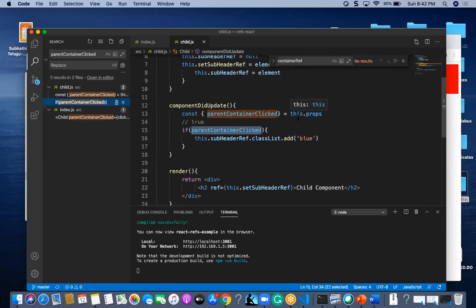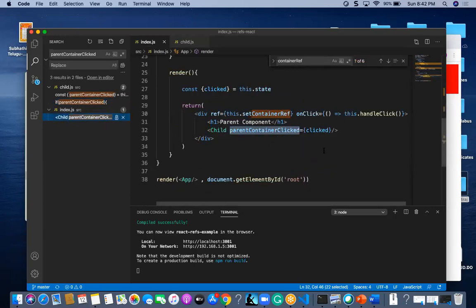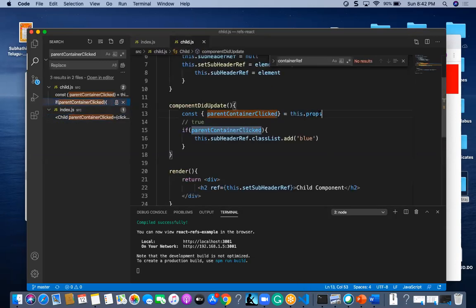So whatever properties we are going to pass for this child, this is a key, this is a property. Whatever property I pass for this child will be received here in this dot props, and that will be updated.